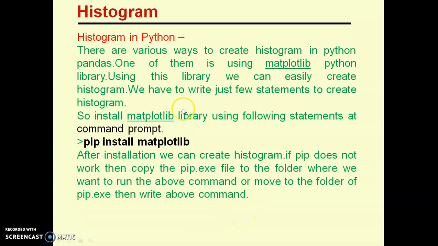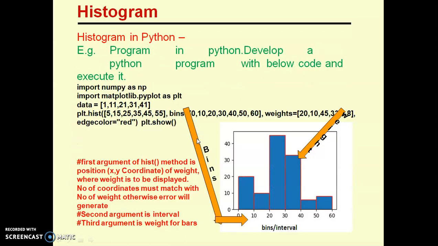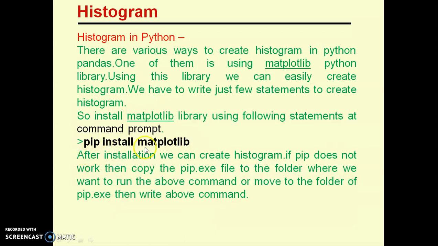Now we have studied what histograms are in Python. Now how to implement them. To implement a histogram, first we need to run pip install matplotlib in our shell. We have to run it and install it in our Python so that we can use it. As we are using Thonny, we have to install it for Thonny first.